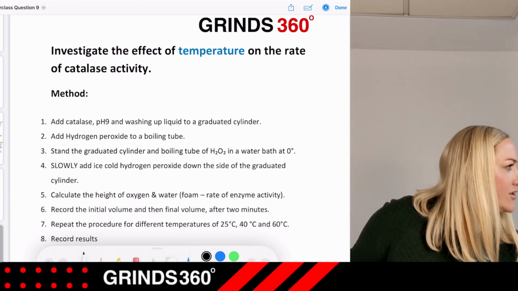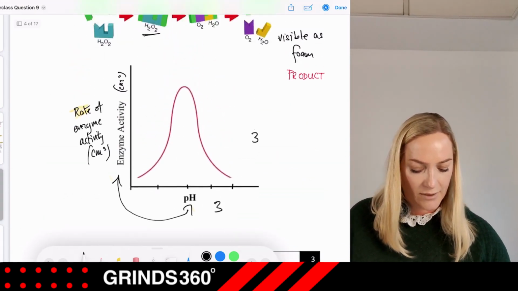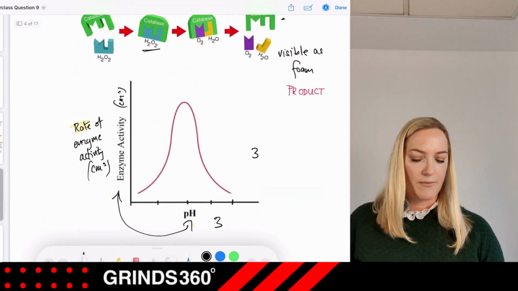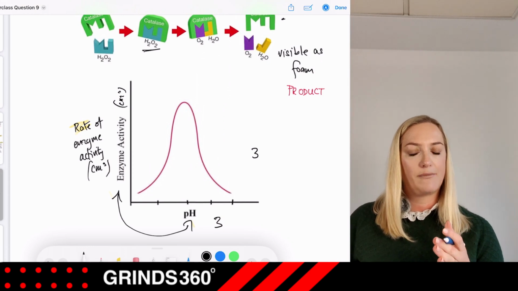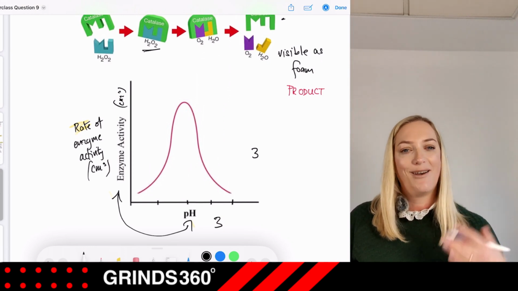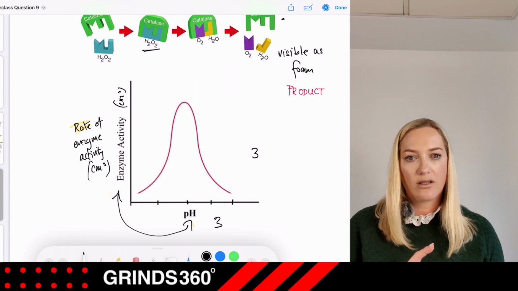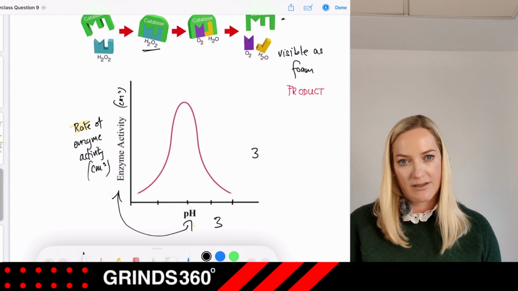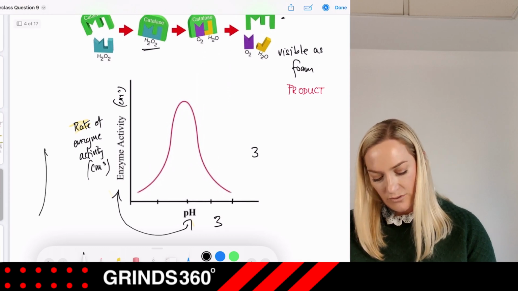So, do you need to write the number of pH on your graph? No, Aaron, you don't. Okay, good question. If I go back here, no, you don't. I don't have enzyme past paper questions in this, but if you look at the enzymes chapters in section B, at those questions,